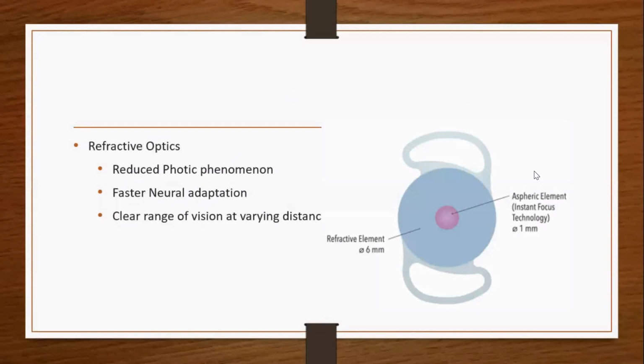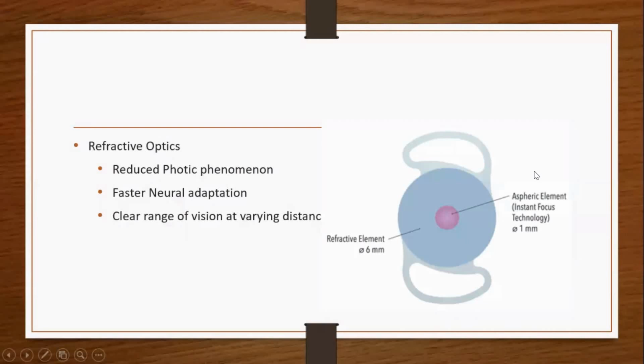After a few years of diffractive lenses, the lens design slightly changed to refractive optics. Refractive optic is nothing but a lens that will not have diffractive rings. Instead, it has a segment or a zone. We usually call it a zone. So this is a lens in which there will be a refractive element. The entire optic is 6 mm, in which the center 1 mm will have this refractive element. Because of this refractive element, the lens will have two different focuses.